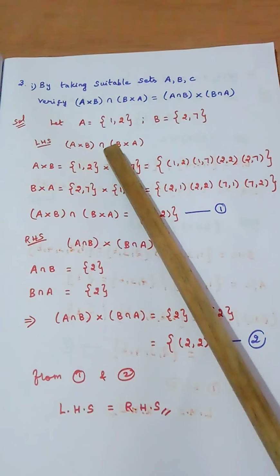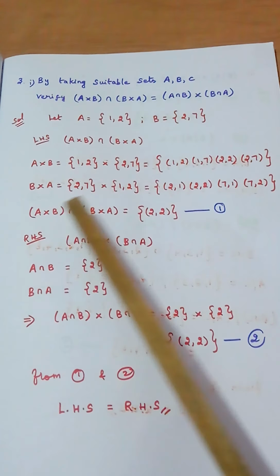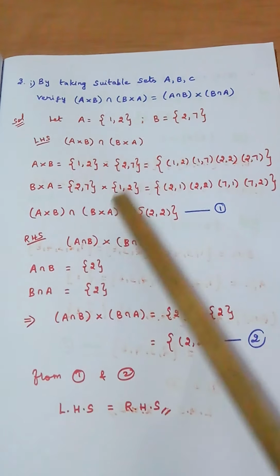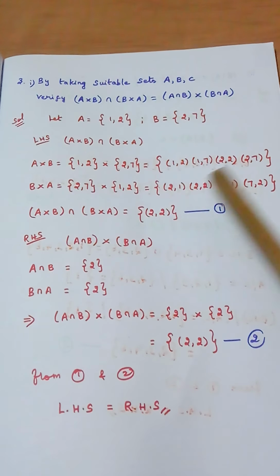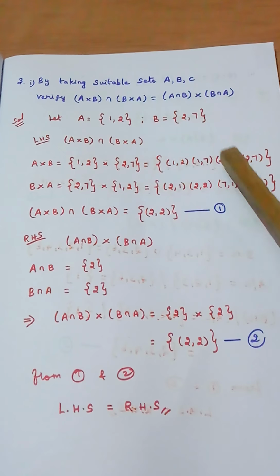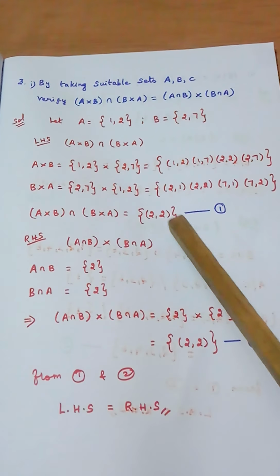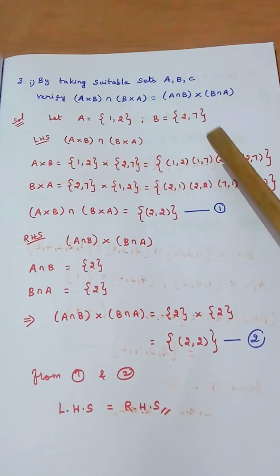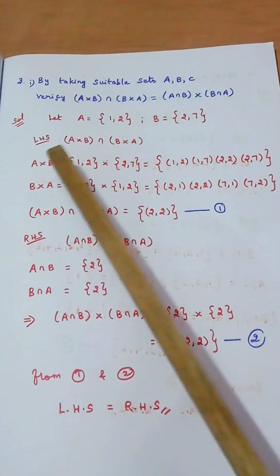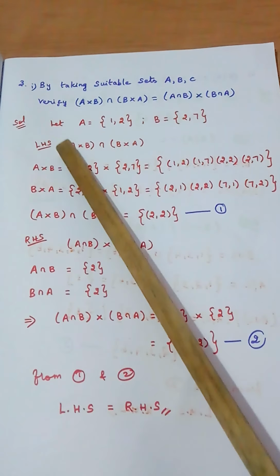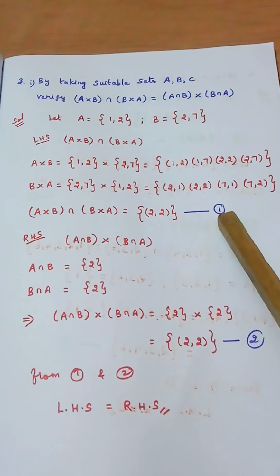The other thing is I have to make the intersection of these two. So the third step is just to put the intersection for these two. Now see what are the common elements in these two. 2 comma 2 is the only common thing between these two. So the answer is 2 comma 2, which should be written inside the set. This is the only common element between these two, right? So which means we have completed what? LHS. This entire value we have now calculated as 2 comma 2. So I have taken that as equation number 1.